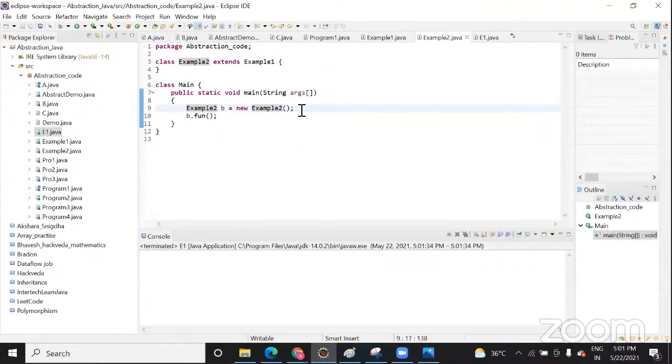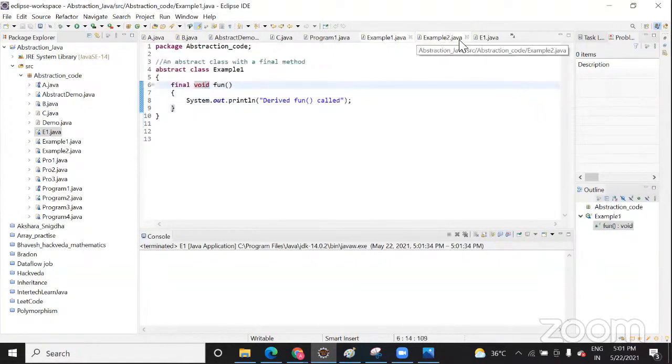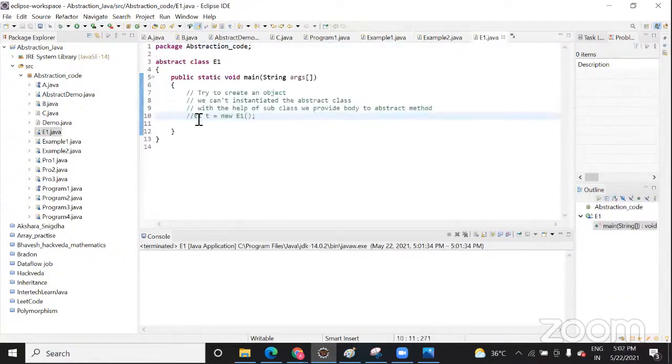Just 1 minute. It is saying terminated E1 Java application. I think it has an issue with E1. So you remove that abstract keyword here, and remove that.